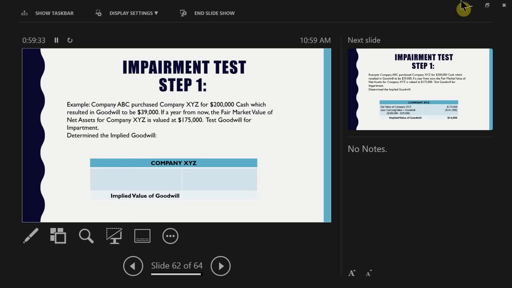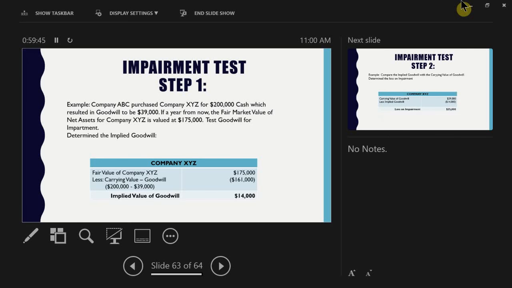So this is how we're going to do it. How are we going to determine whether goodwill has been impaired or not? We have to determine the implied goodwill. What does that mean? In this case, we're going to be taking a look at the fair market value of what company XYZ is currently worth. In this case, it's telling me that the assets are now worth